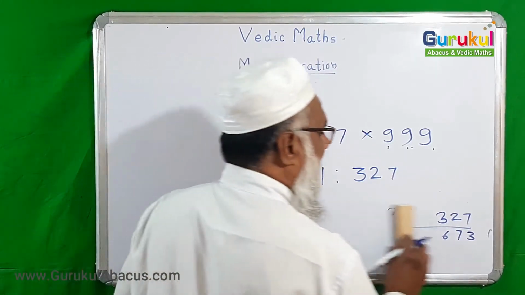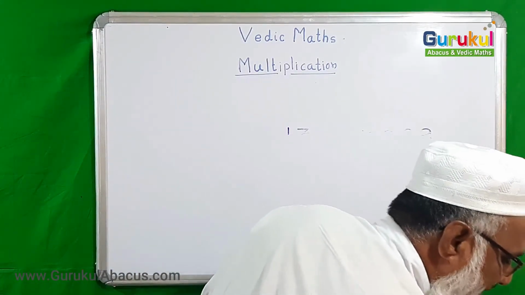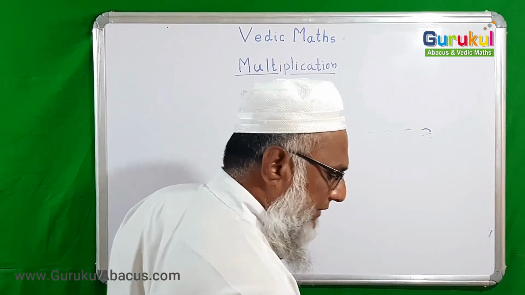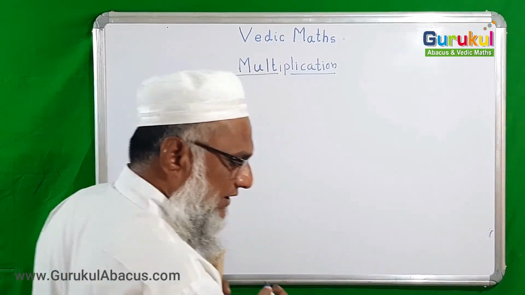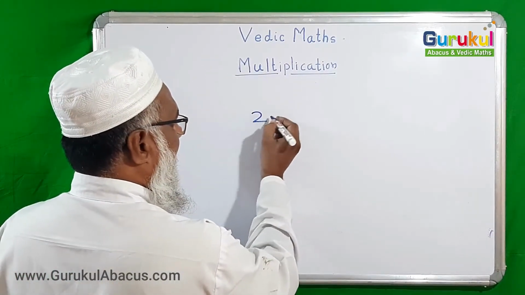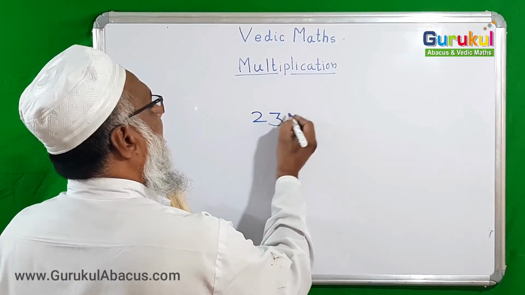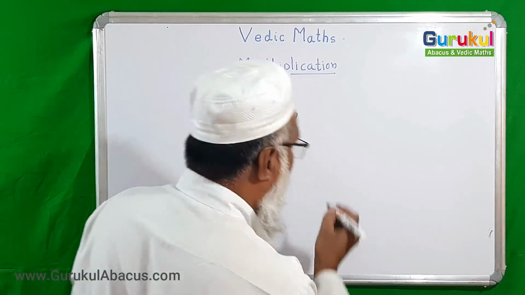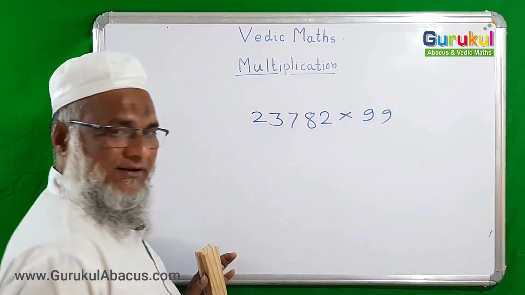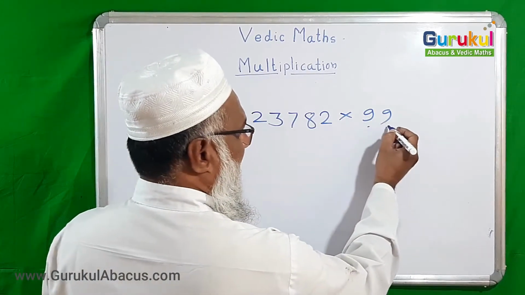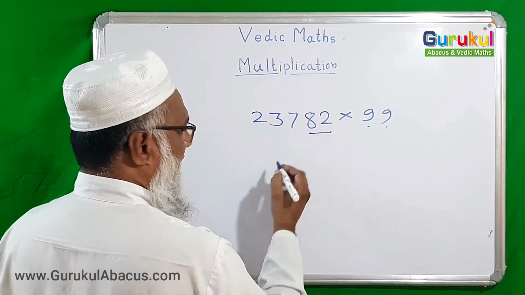Okay, so one more condition we will study, that will also be very easy for us. Suppose now here is the example 23,782 multiplied by 9. Okay, now here there is one digit in the greatest number, so that many digits we should keep after the colon. So I am placing it